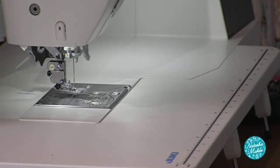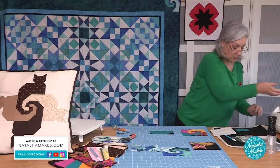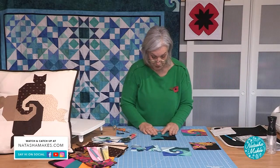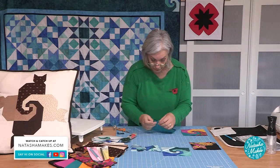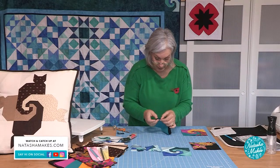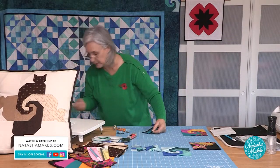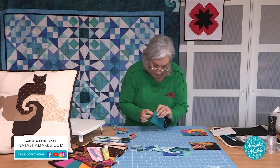And I press the seam underneath the background square again because there's less bulk there. So you've got your background square and your cat's face, and then you're going to sew that to the body. Now you've got two little triangles here that you want to match up, and this is the only place that I would really say to you, just make sure that it is lined up with your pin. So pop your pin through the seam